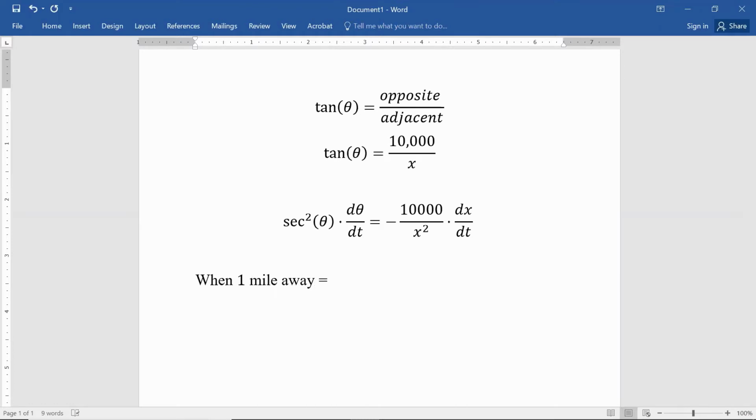Remember, 1 mile is 5,280 feet. Okay. The other thing that's a little bit tricky is, if you recall from the initial problem, it says the plane has a speed of 500 miles per hour. Now I am going to change that to feet. 500 miles per hour. Since there are 5,280 feet in a mile, that's